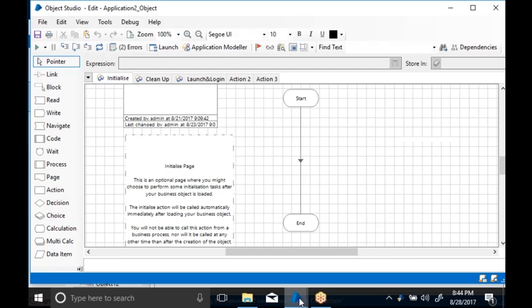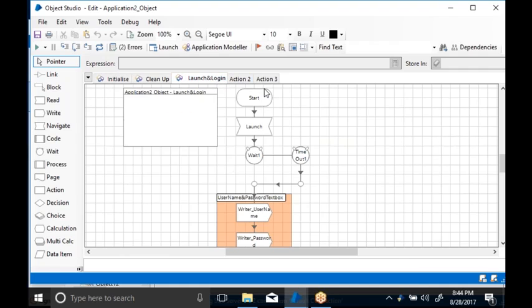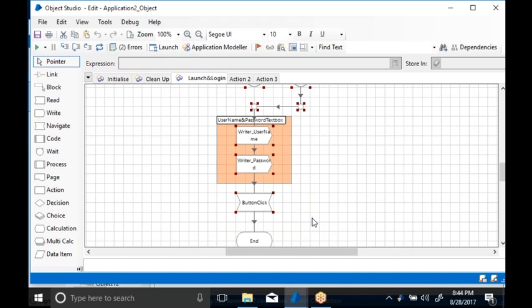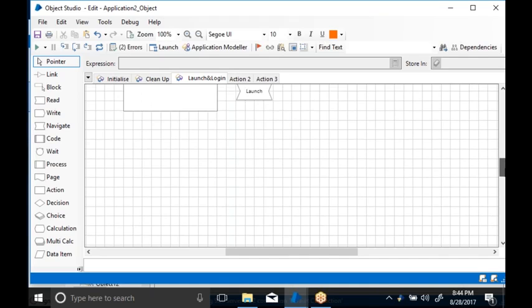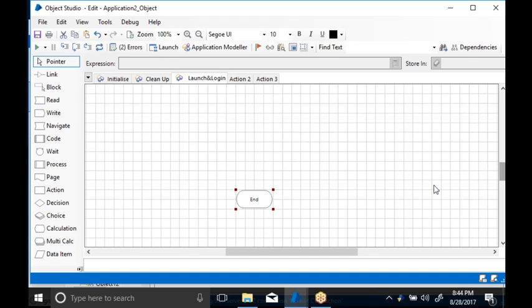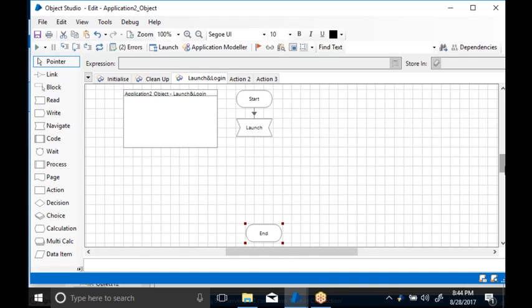As we created in the last class, we created one object, the application object, where we configured a web application by using the Application Modeler. How can you configure any application in Blue Prism?